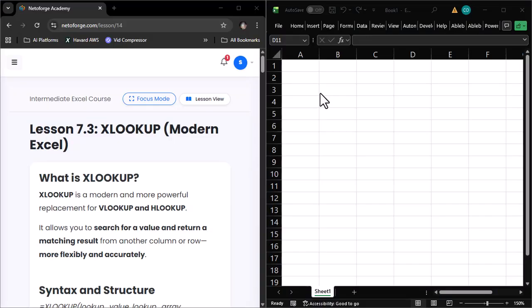Alright, so quickly I'll be showing us how the XLOOKUP works in Excel, as XLOOKUP is much more advanced compared to VLOOKUP or HLOOKUP. I think it's the modern lookup function that we have in Excel. So XLOOKUP is a modern and more powerful replacement for VLOOKUP and HLOOKUP. It allows you to search for a value and return a matching result from another column or row more flexibly